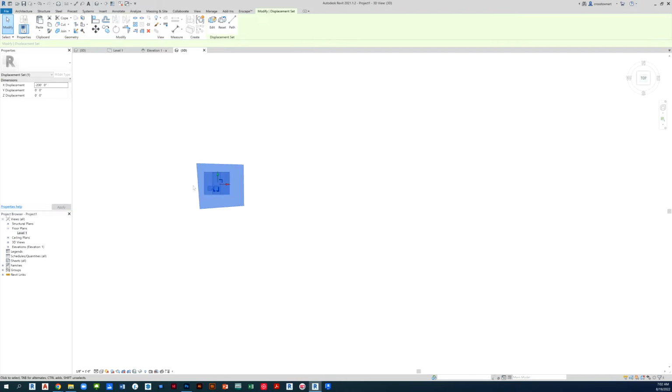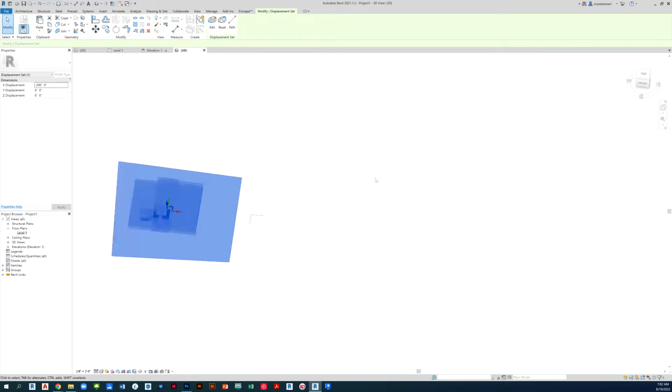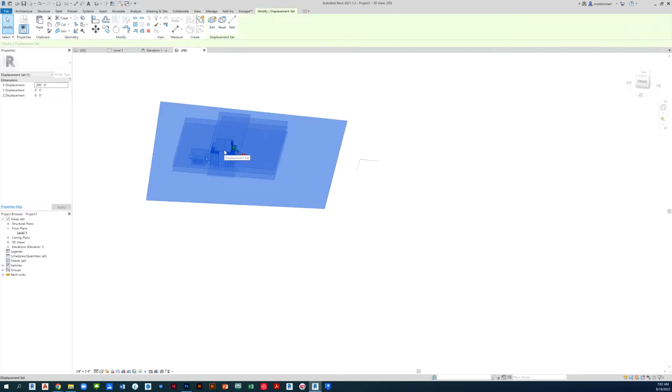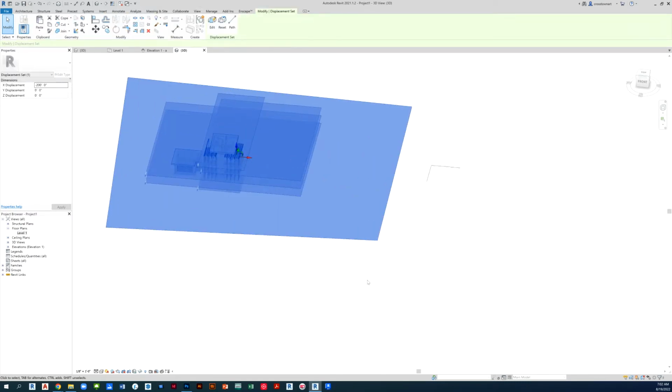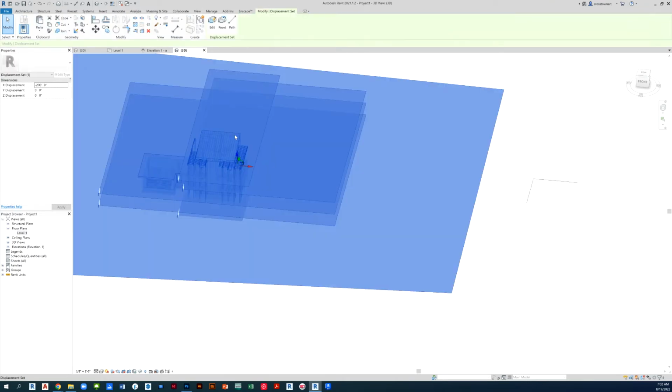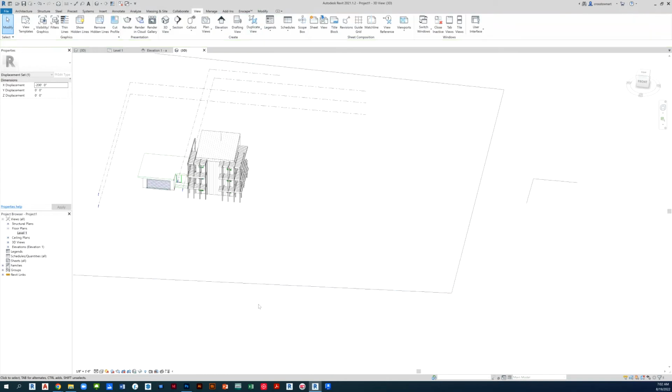Okay, so that moved it off to the left 200 feet. Let's go back. So what's significant about that? What's significant about it is that this is a Revit link, and I'm able to select from it, even though,